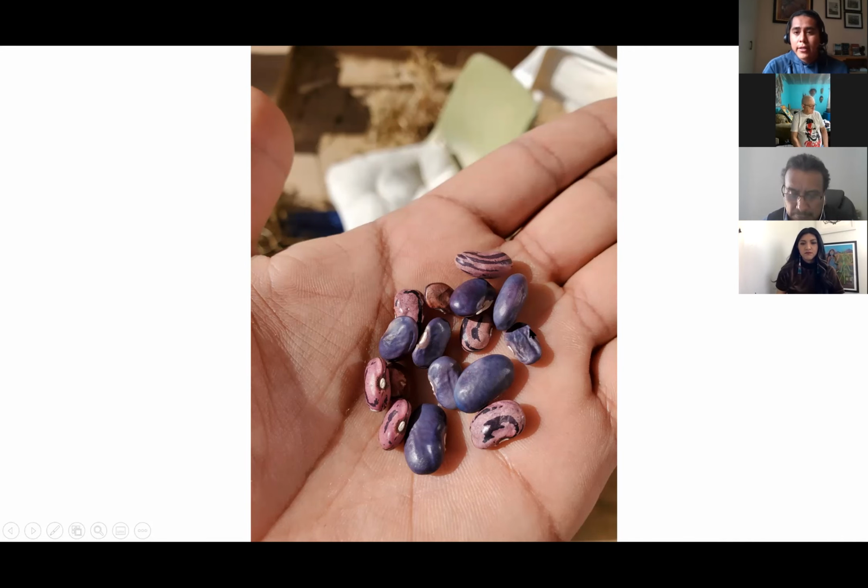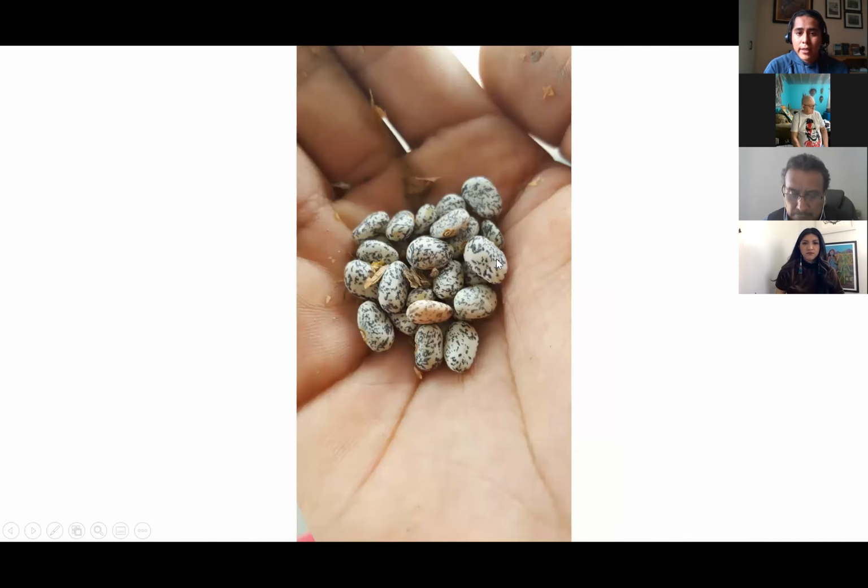But I really like the color of these, as well as these here, speckled tepary beans. I have some background in working at the San Xavier Co-op farm down near Tucson, Arizona. And to the O'odham people, tepary beans are one of the staple crops. And I always was fascinated by looking at these tepary beans and their beautiful pattern on them, speckled tepary beans here. And if you know about tepary beans, you'll know that they're one of the most drought tolerant varieties of any sort of seed, really.